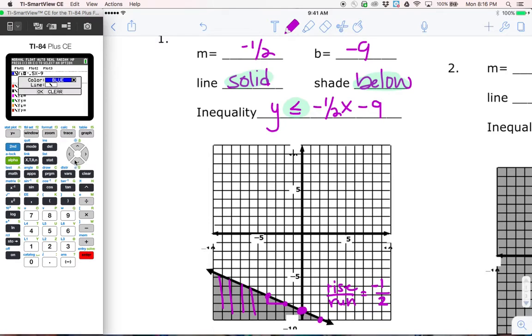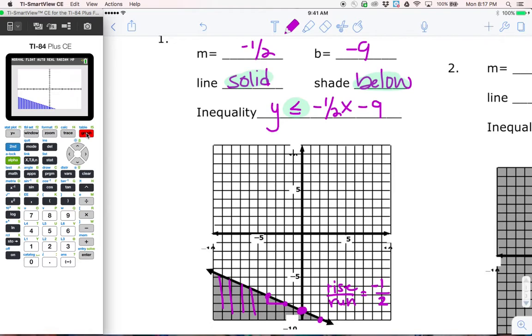all right, we're going to go down, and then we're going to just scroll through here. So that is now shading above, and this one is shading below. If you keep scrolling, you get some other things, which we don't really want. So we're going to do shading below, right? We want this one right here. So I'm going to click OK, right? Enter. And now when I graph this,